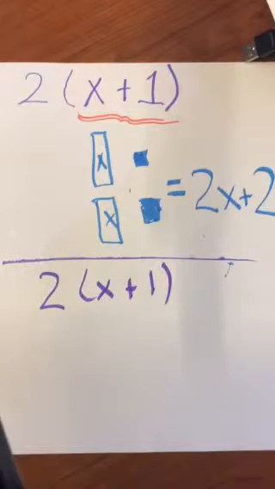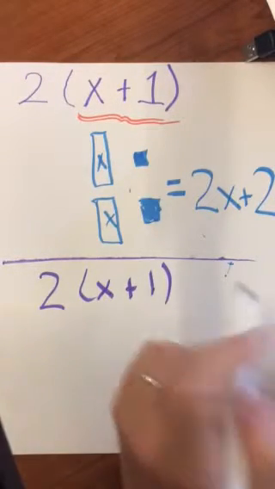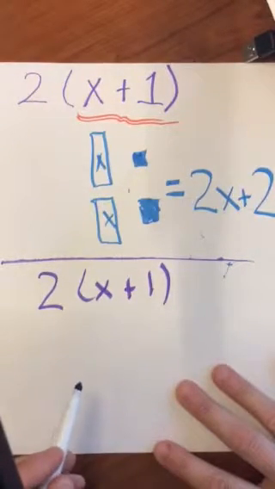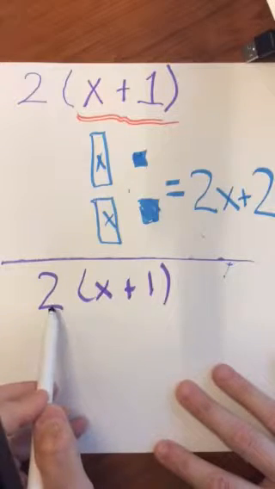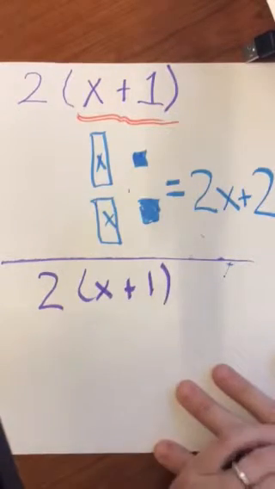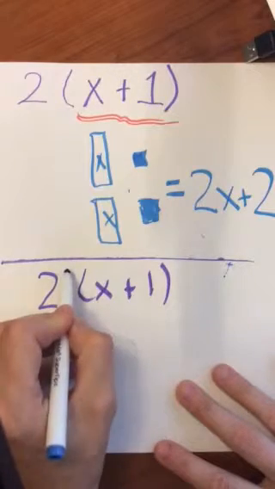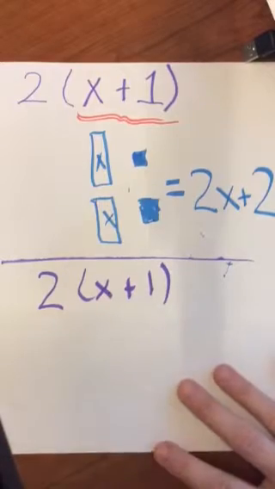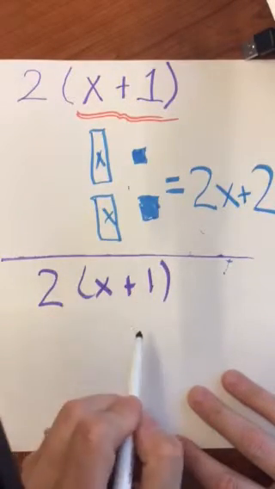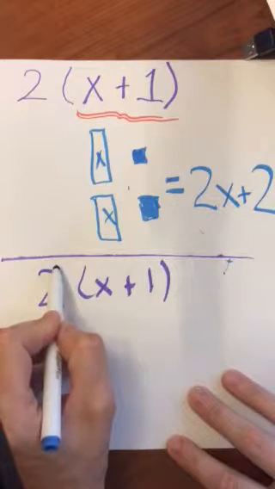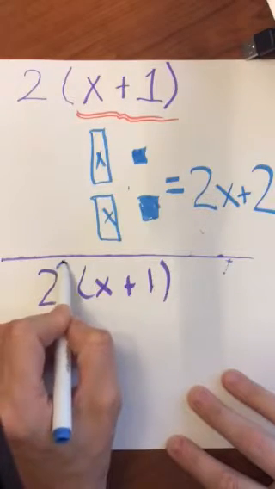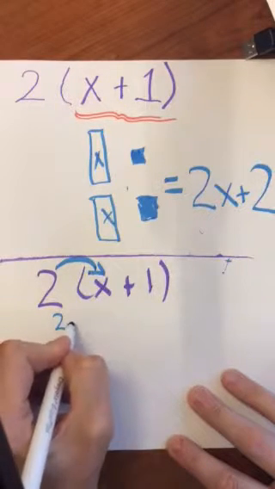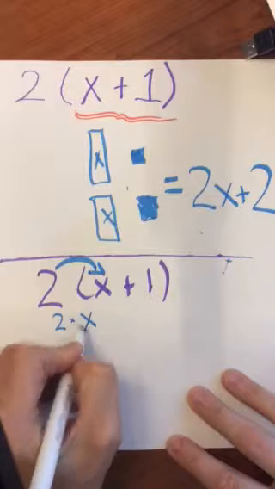Now, what we can do is, certainly we can do our algetiles and add them all up and figure it out, or we could use the distributive property. When we have an integer or number multiplied by something in brackets, we have to distribute this multiplication, or give it out evenly amongst here. So what we do is we start with this first part. We go 2 multiplied by x, 2 times x,